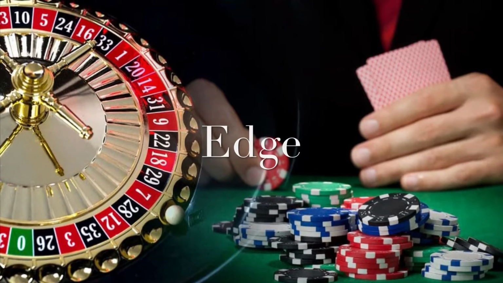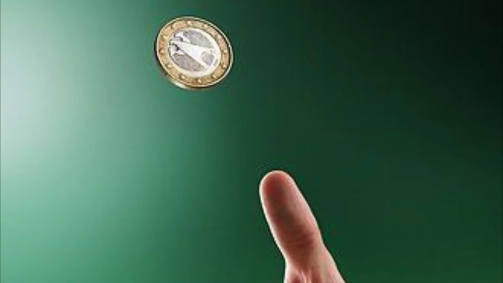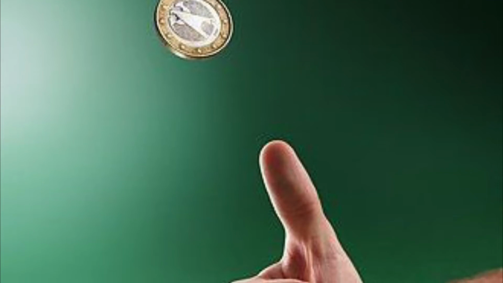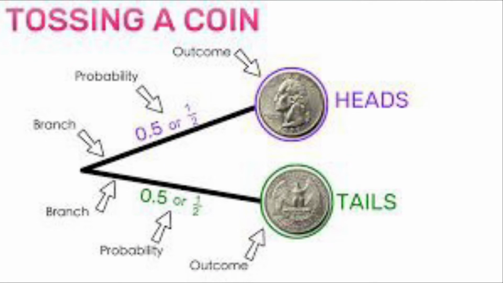Edge is mathematically a higher probability of success. Let's refresh our high school math on probability. In a coin toss game, if I lose on heads and win on tails an equal amount, then after playing long enough, I would be where I started, which means no loss, no gain. Because the probability of a win or a loss is 0.50, so I have no winning edge in this game. I say I have an edge only when there is a higher probability to win.